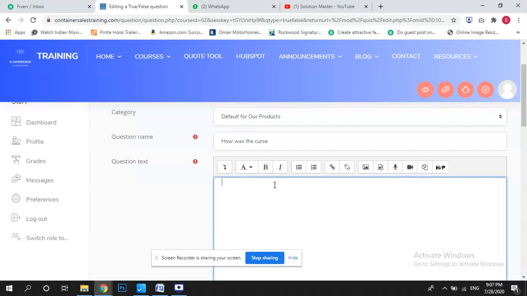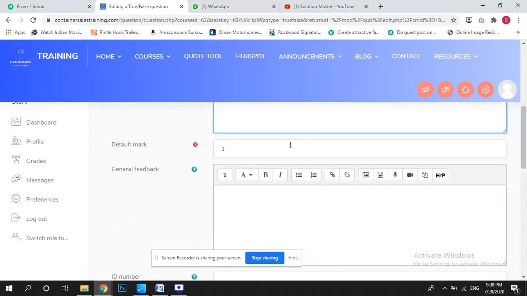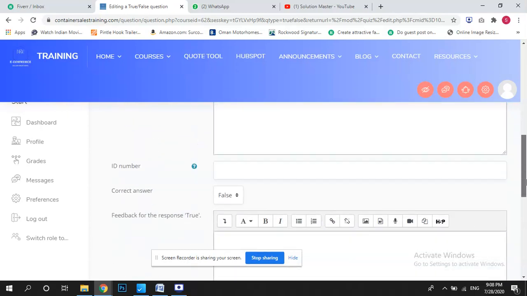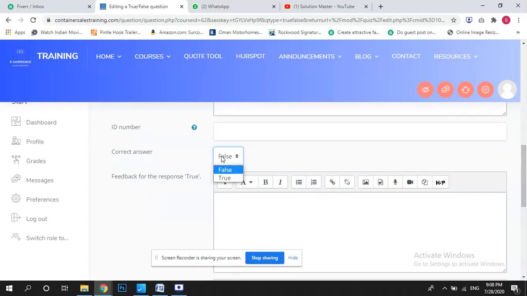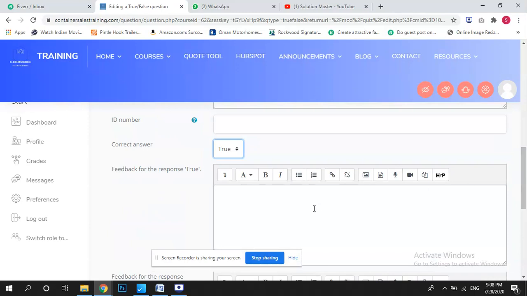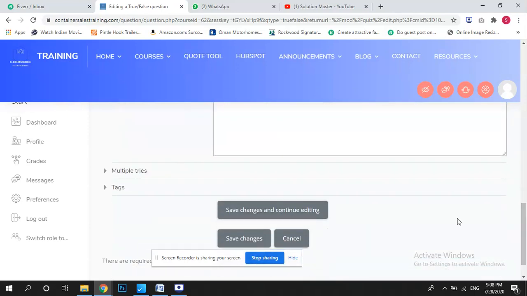Question text, anything. Default mark 1. Okay, correct answer, false or true. Feedback, some true and these things. Multiple tries, save and continue editing.